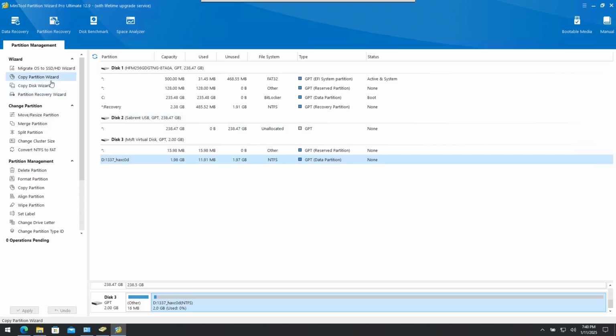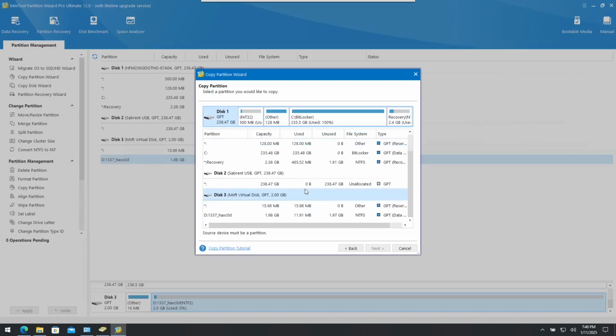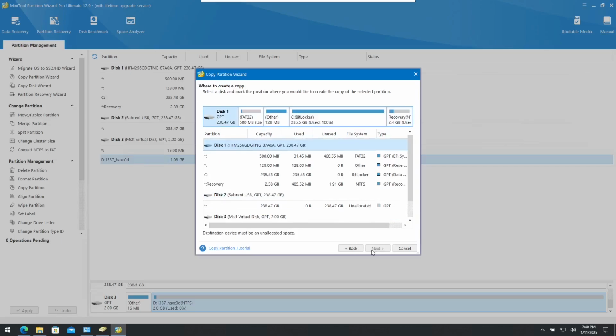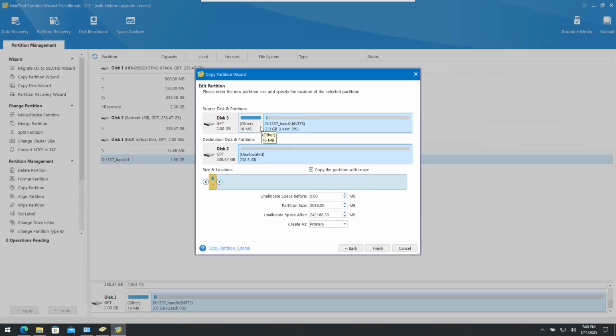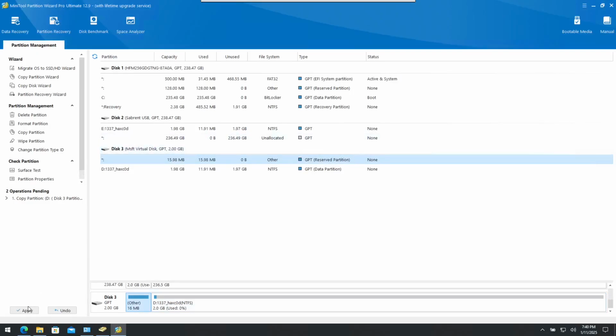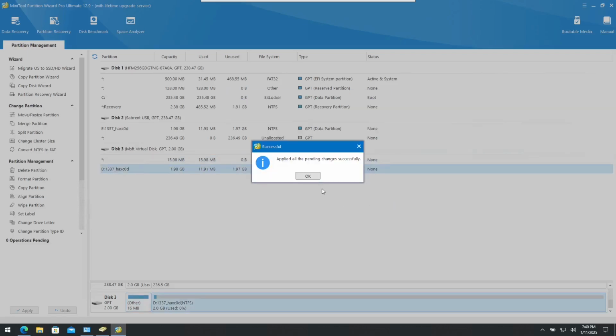Well, what we can do is if we go into Copy Partition Wizard right here, we'll hit next, and then we're going to select the source partition we wish to copy. That will be our Elite Hacks code right here on D. If we hit next, we're going to select the destination, which is going to be disk 2 right here. And let's select this partition in particular. Okay, and now it gives us the overview of what's going to be copied, where to, and then the size and location. We'll keep this all the same, and we'll designate it as a primary partition. If we finish, apply that, and yes,